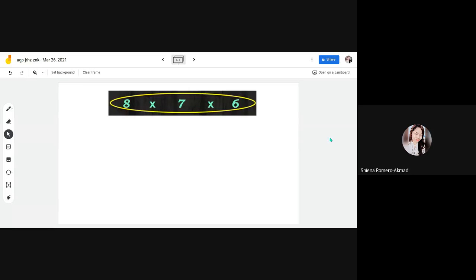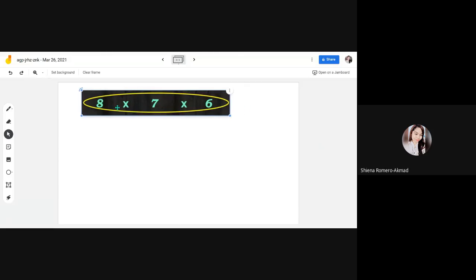Diba kanina, remember that we can get the answer just by multiplying this. And what would be our answer here? What is 8 times 7 times 6? 336. Po? 336. And actually, itong si 8 times 7 times 6,